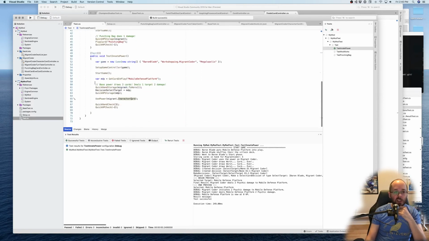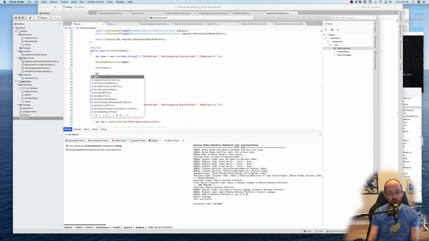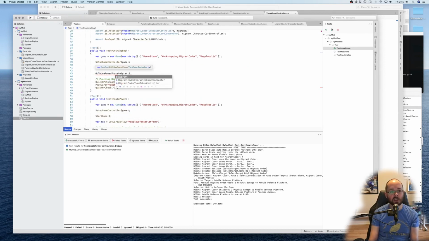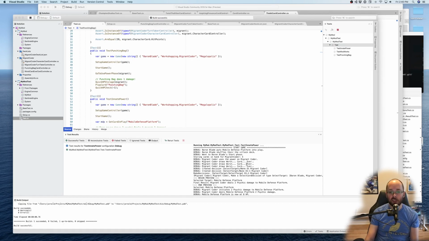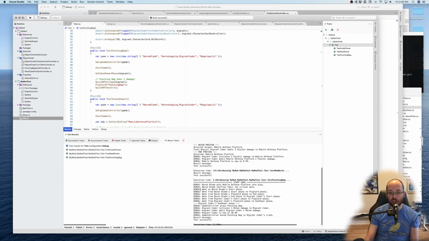You can also go to different phases. We can say go to use power phase, and it will go there. It will run any start and end of turn actions because those are triggers as well. So if we run this and look at what happened in that test, you can see it goes